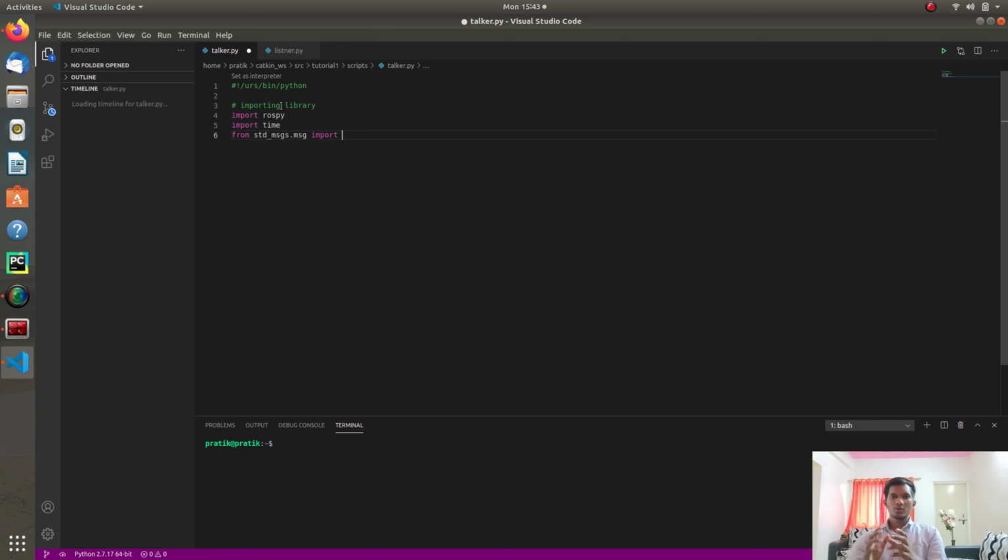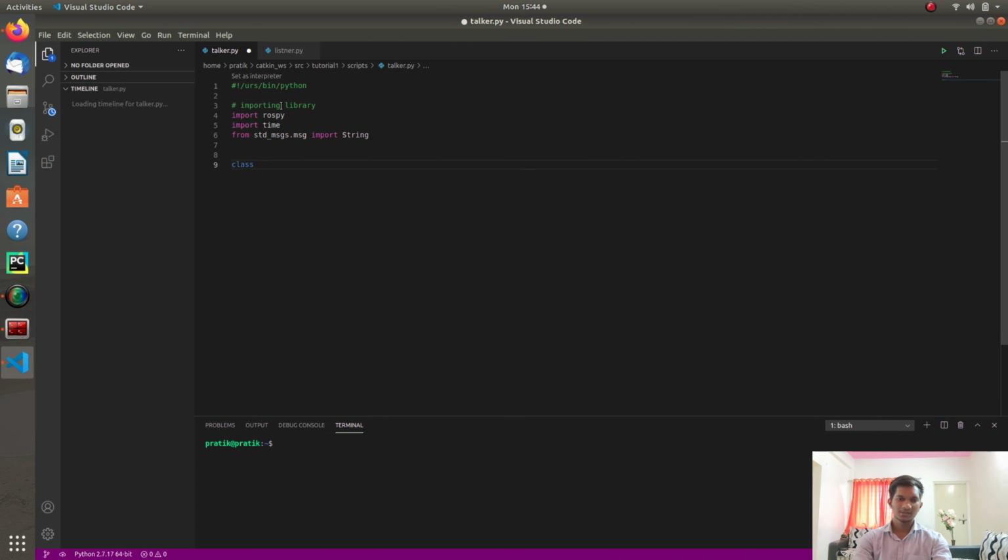After that, while making the node, what I personally prefer is to make a class and then initialize all the variables, all the publisher and subscriber nodes in the constructor of that class, and then write all the essential functions which will help us to make the things work as we expected. So all this needs to be written in the class. There is no rule that you should always use class, but it's my personal preference that I always use class.